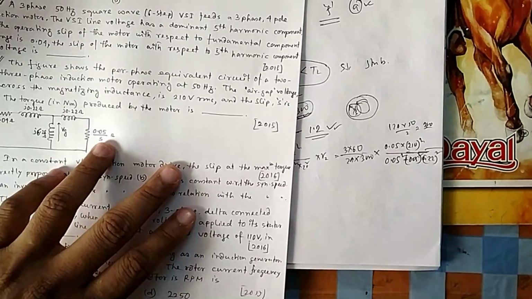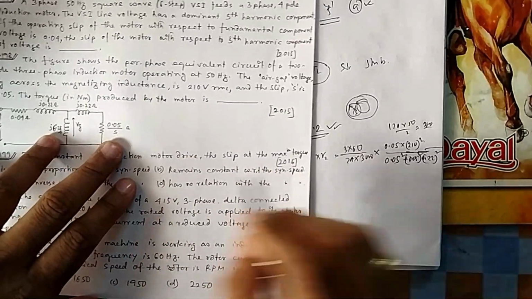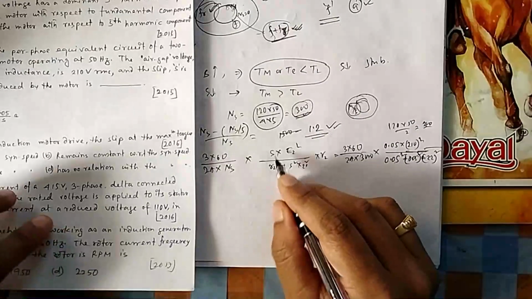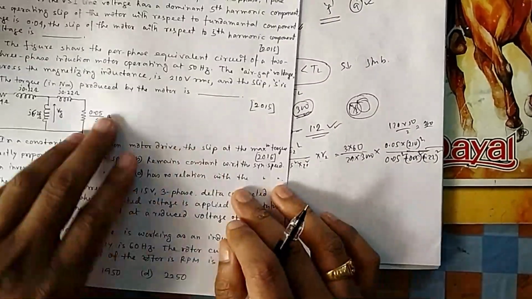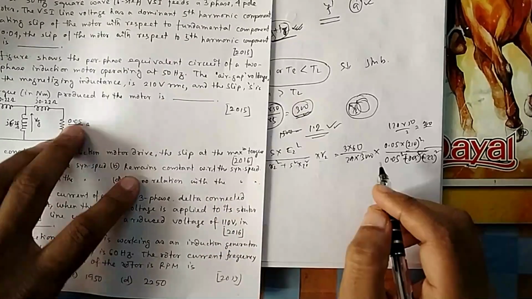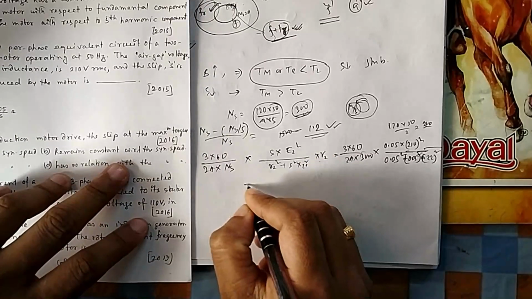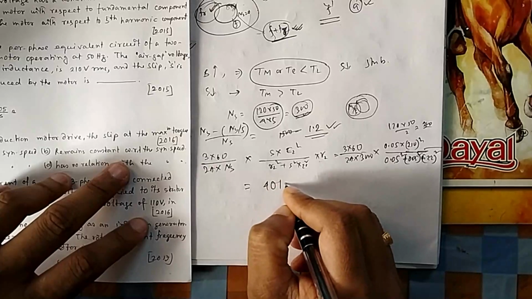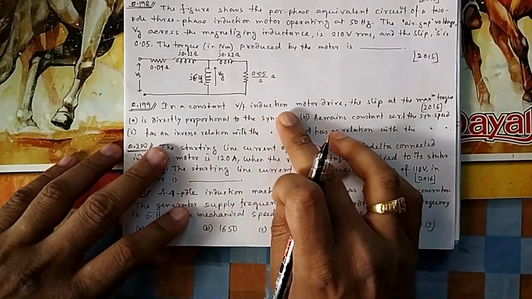Put all these values. Don't think it is actually R2 by S, so you put that R2. Once you put R2 by S square, then that S comes in the numerator, so don't get confused and divide by this one. So the final answer is this one. This is R2, 0.05. This is R2 by S. Don't think that this is resistance. That has already been taken care of in the formula. So if you put all these things in this equation, you will find your answer is 410.68 Newton meter.